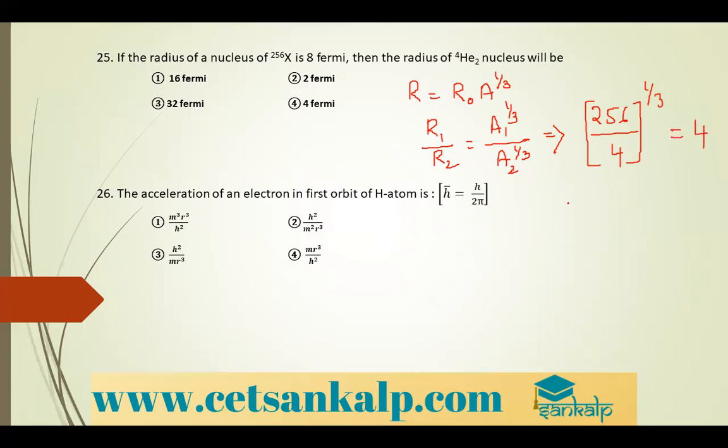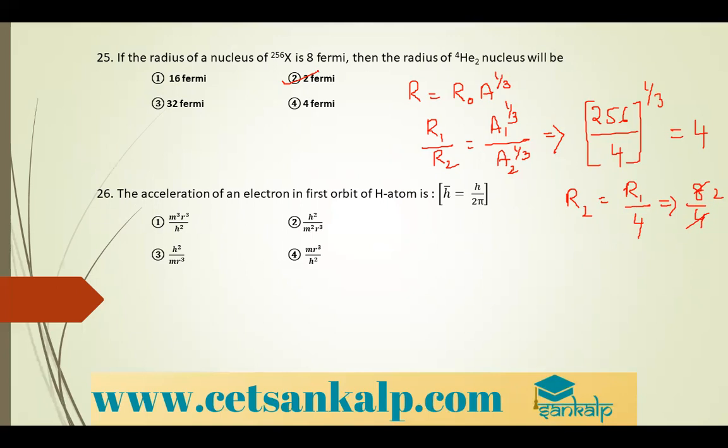So R2 is equal to R1 by 4. R1 is 8, so 8 by 4. So it is 2 Fermi. Option 2. Right? Okay. Next,